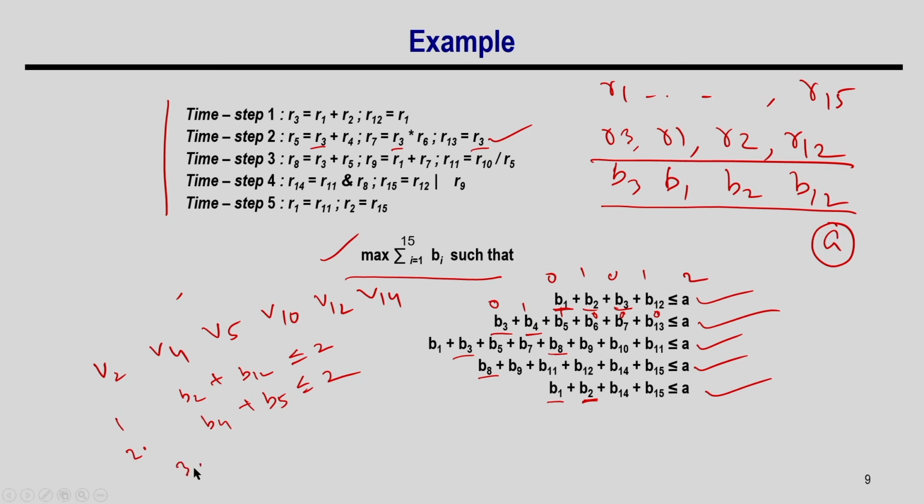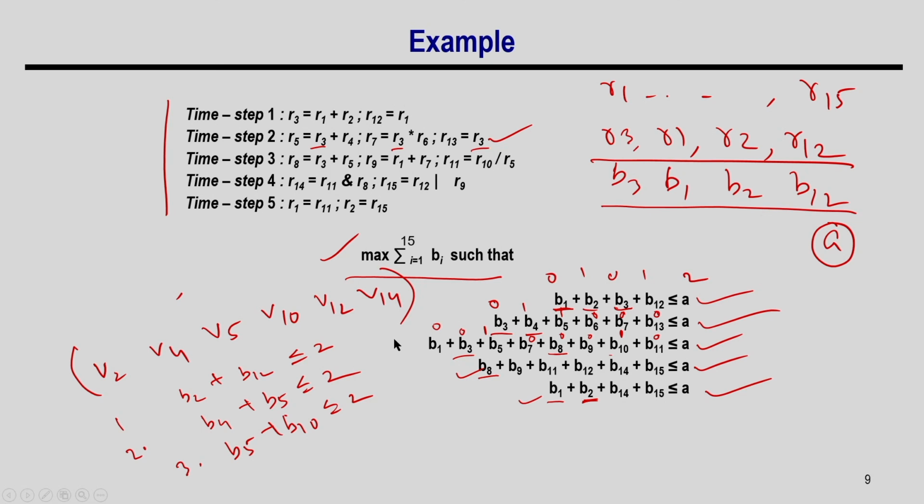In timestamp 3, I am accessing B5, this is 1, then B10 is 1 and the rest are 0. So, I am accessing B5 plus B10, which is less than or equal to 2. So, this mapping of 6 variables to the same register bank satisfies timestamp 3 also, and so on. I can show that it is satisfying constraint 4 and constraint 5. Okay. So, this is how the ILP gives me the solution that with 2 ports, a maximum of 6 such variables can be mapped to the same bank.